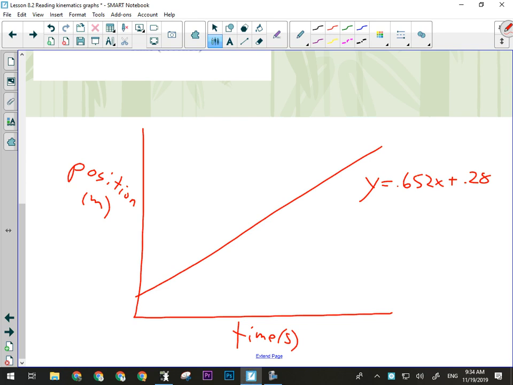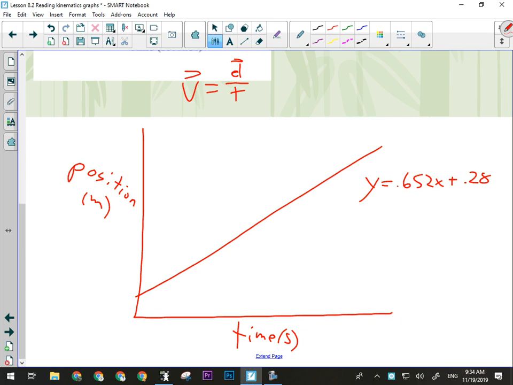If I'm calculating an x value, then I'm calculating the time it takes to reach a certain position. Slope tells me the relationship between my changing position and my change in time, and the relationship between change in position and change in time is